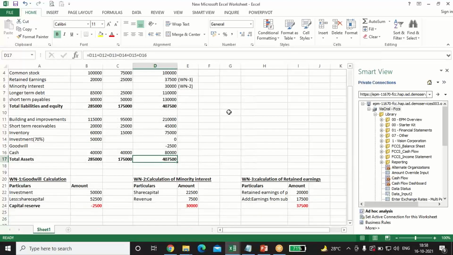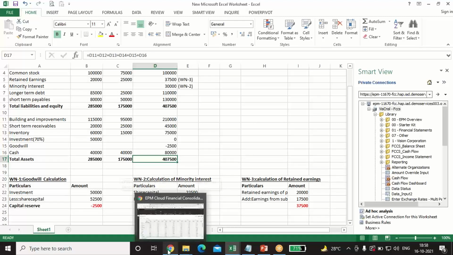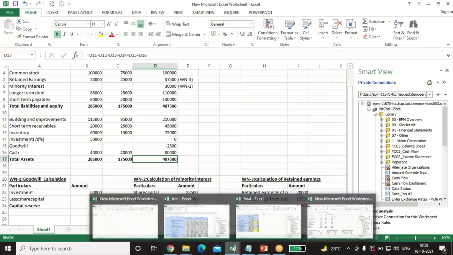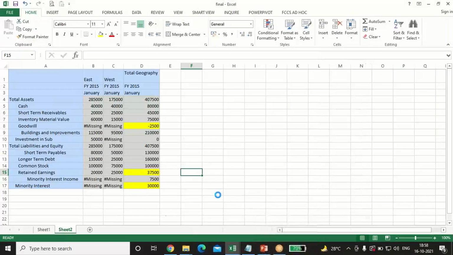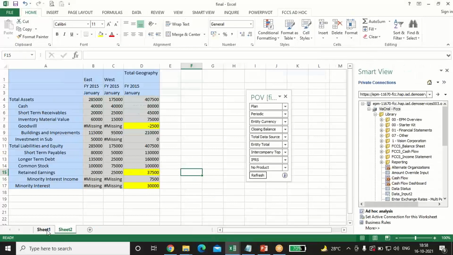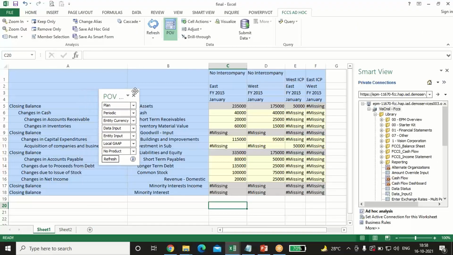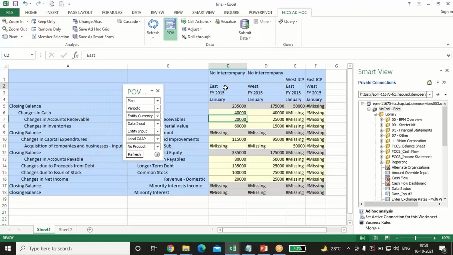So this is the scenario which I have prepared. Now we'll execute this in the FCCS app and check the result. I have already prepared the Smart View sheet of this. I have taken the POVs as my holding company East Limited and my subsidiary company West Limited.